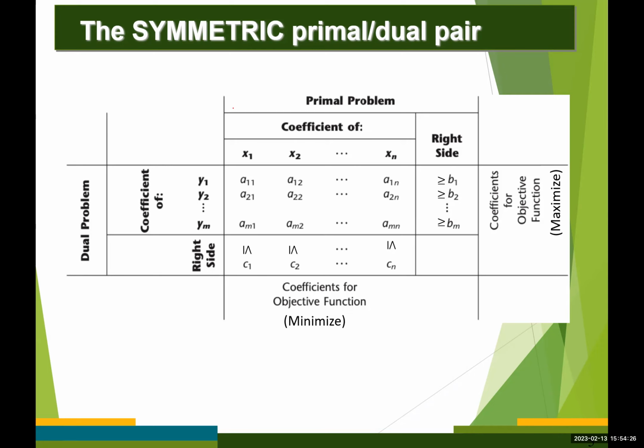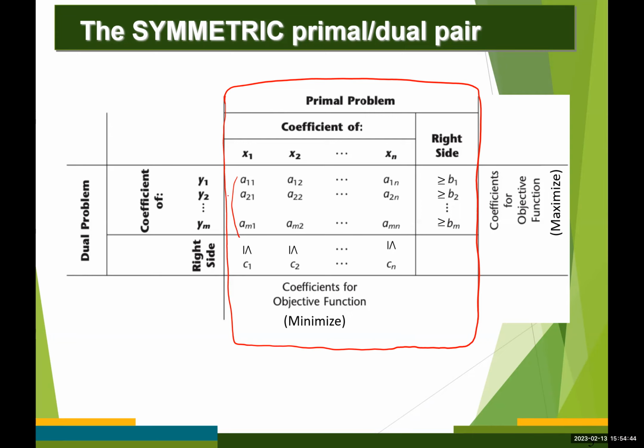This is the primal LP problem. If this primal LP is m by n, which means there are m different constraints, not including the non-negativity restriction, and n different variables, then the dual LP, on this side,